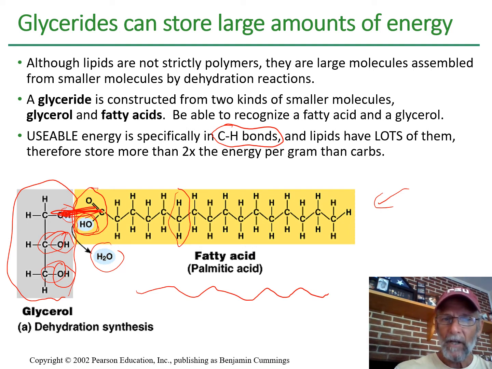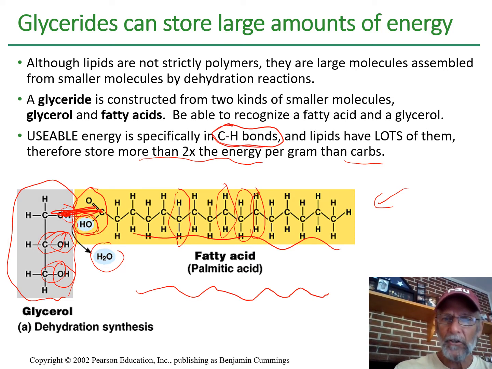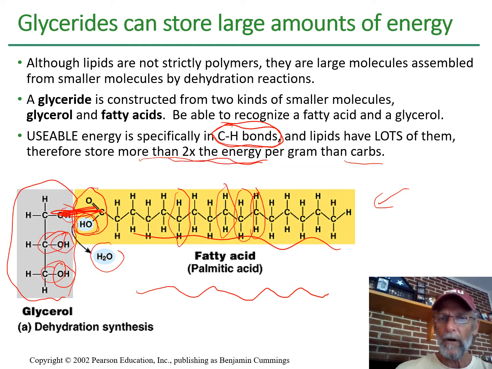Gram for gram, a lipid has a little bit more than twice as much energy as a carbohydrate because look how many carbon-hydrogen bonds it has compared to a glucose. It has a whole slew of them in this fatty acid part, and if that's the place where we can get energy from, it makes sense that a lipid would have more energy per gram than carbohydrates. Okay,